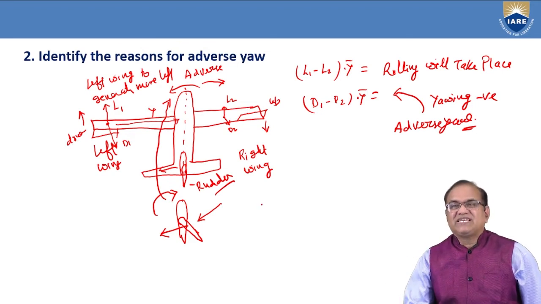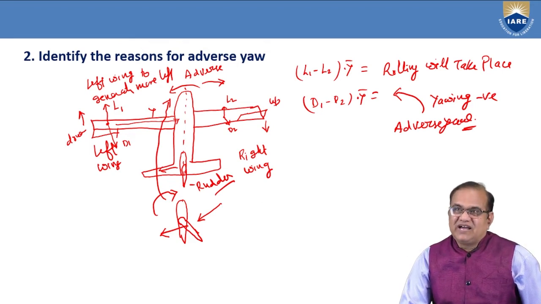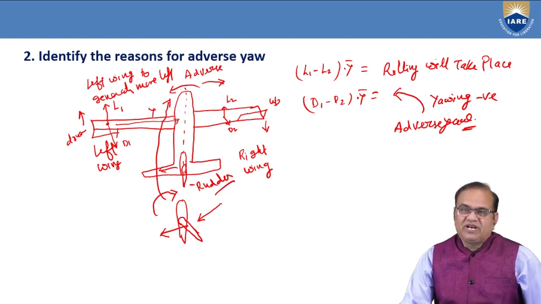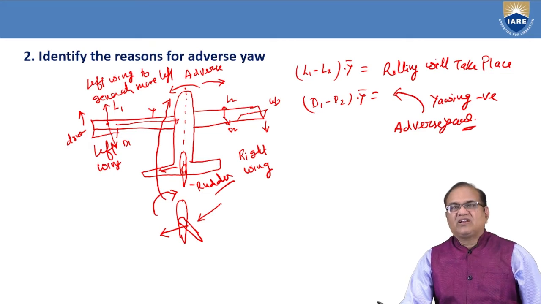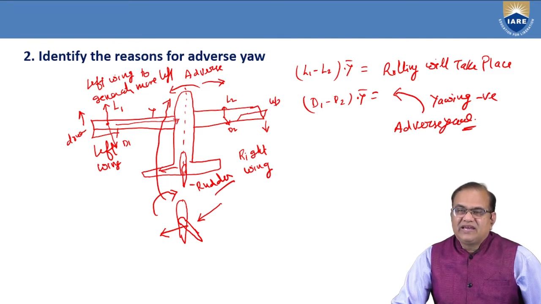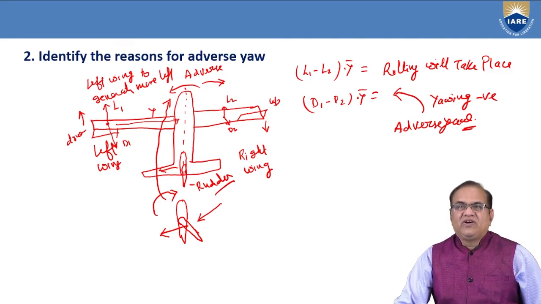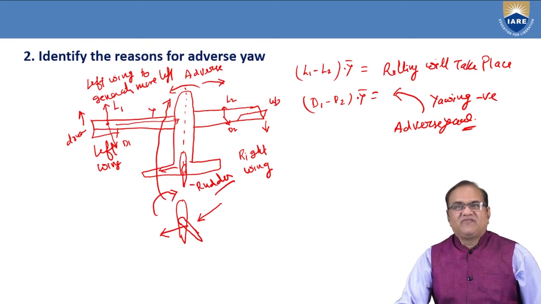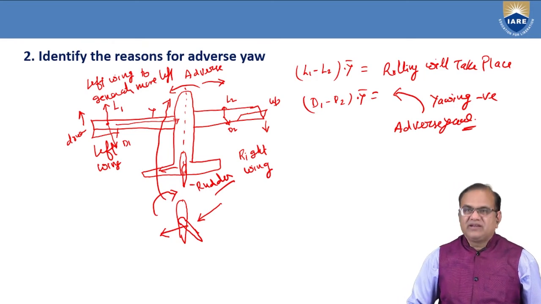The rudder is very much essential to counter the adverse yaw. That is our requirement, and every aircraft has to cater to it. If we don't have the rudder also, the aircraft can fly. If you don't have the vertical stabilizer or the fin, the aircraft can fly and it will achieve the required stability with the help of the horizontal tail and the wing. We have to change the shape of the wing as per the required level.